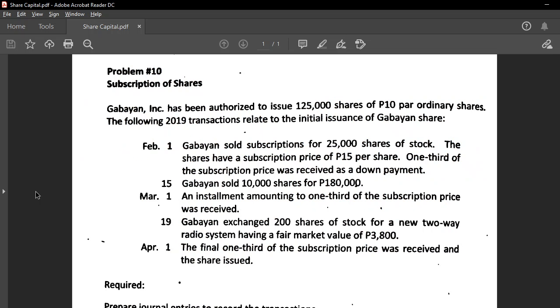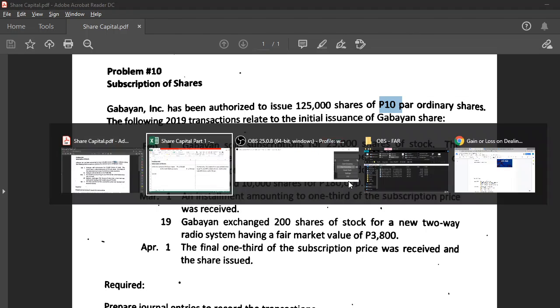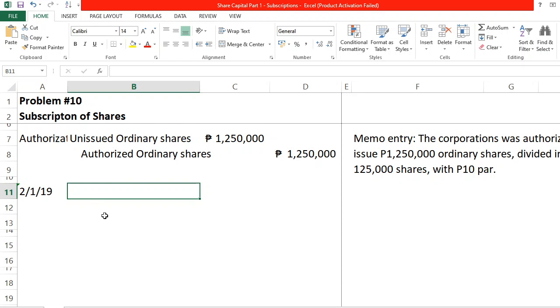So let us now record the February 1 transaction in which Gabayan sold subscriptions for 25,000 shares. Of that subscription, one third has been paid as down payment. The subscription price is 15 pesos. If you notice, the subscription price is 15 although the par value is 10. So we are going to expect an excess, which we are going to record in the share premium. We are going to record first